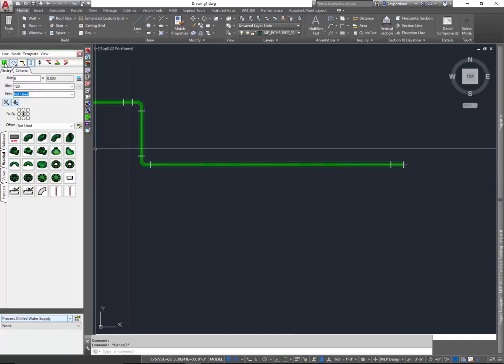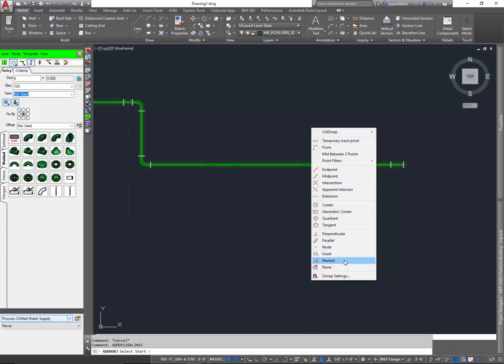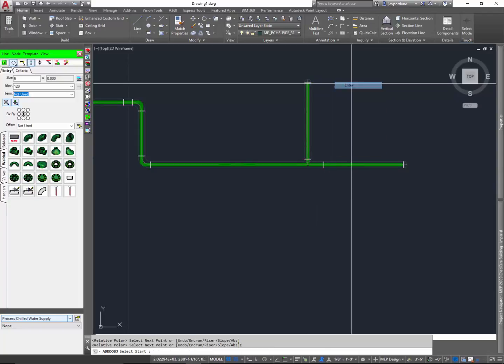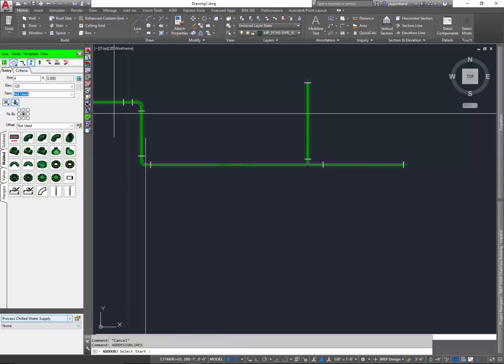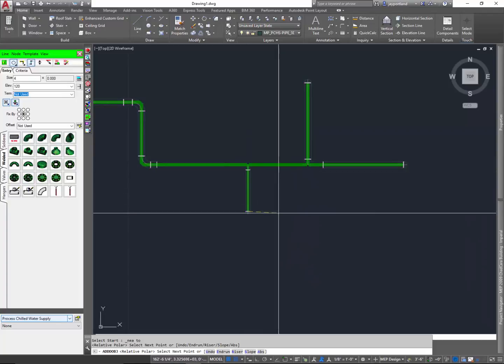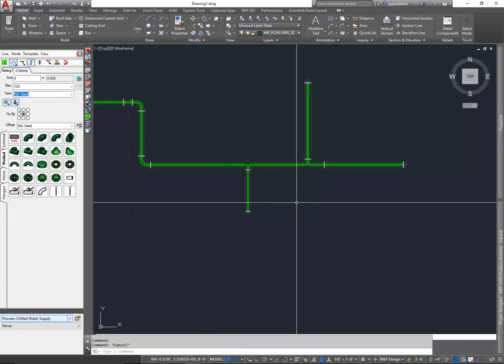Now, if I want to do, for instance, a takeoff here, I'll just use my classic AutoCAD nearest snap. I'll go to the center line here, and I'll draw it outwards, right? So that's a 6-inch takeoff there. Let's do this instead. Let me do that one more time. This time I'm going to use 4 inches, and I'll attach it in the same place here. So I'll use my nearest snap, I'll grab it here, and I'll draw it downwards. So that's how we go through the process of adding